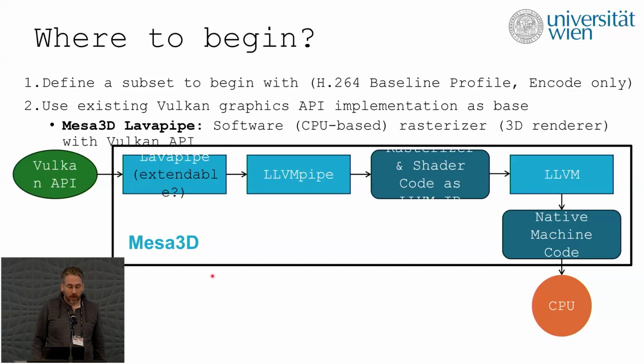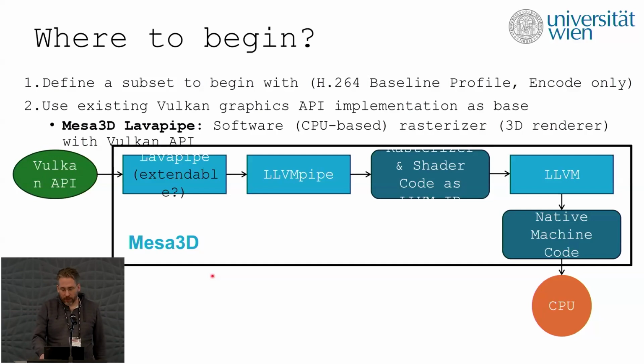Here you have a quick overview of how it works. You have the Vulkan API, which is implemented by Lavapipe, a front-end component of the Mesa driver, which then utilizes LLVMpipe as the rasterizer itself, which also has other interfaces like OpenGL. LLVMpipe generates rasterizer and shader code in LLVM intermediate representation, and then uses LLVM finally to create native machine code and run it on your CPU. So it's faster than